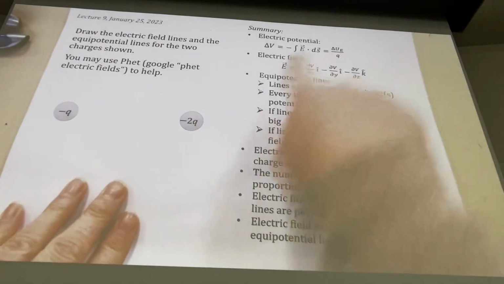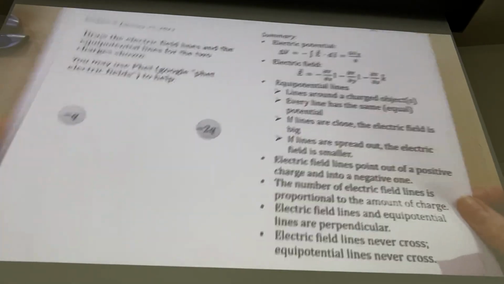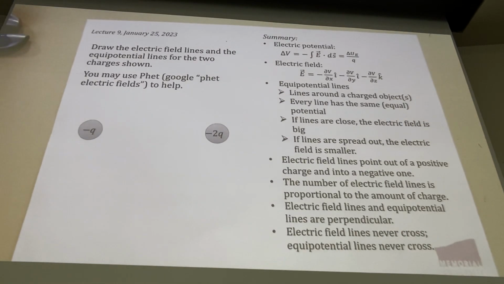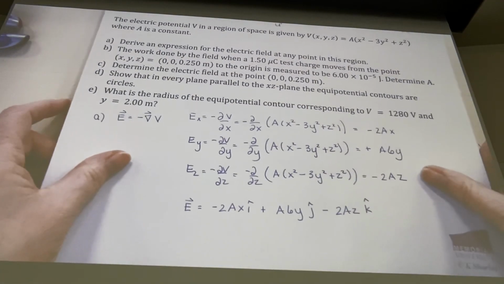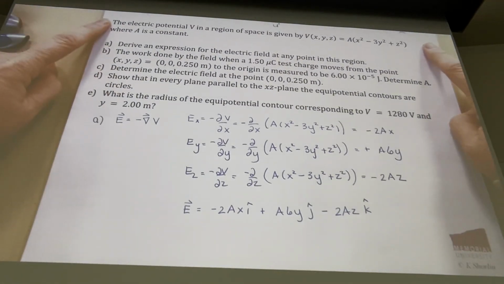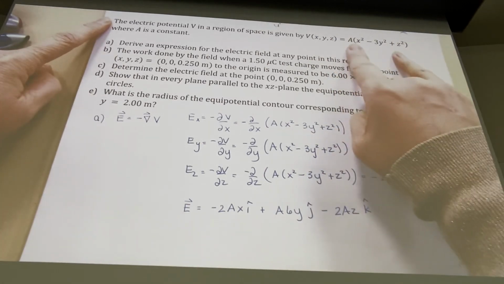So last day we did lots and lots about electric potential. We spent most of our time looking at equipotential lines. We got started on an example, but we did not get finished. So that's what we'll try and finish here today, and then we'll be able to get started on capacitors. So the example we started was we knew the electric potential in a region of space was given by